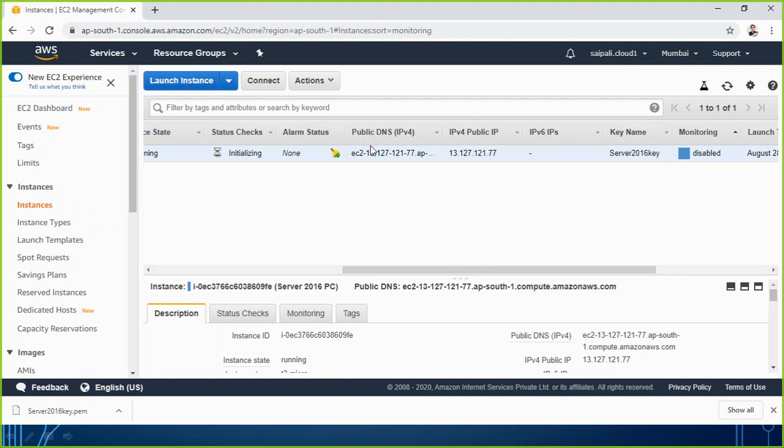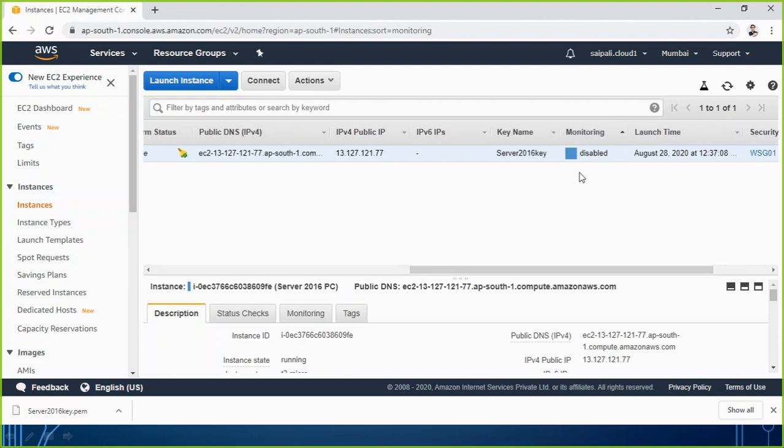It has a public DNS name, that is EC2 hyphen the IP address dot AP, the whole name will be there. If you want to check, it is going to be like this, Asia Pacific South 1.com. IPv4 public IP. You see, this is the IP address I was talking about. Automatically when you create a new EC2 instance, you will get a public IP address. By using this IP, you will be able to access this machine. But this IP will change whenever you stop and start the machine. That is what I was trying to explain at that time.